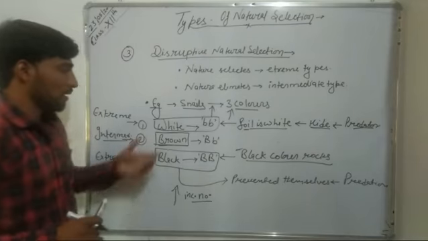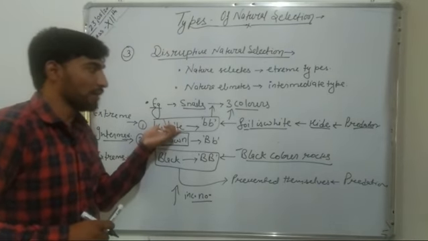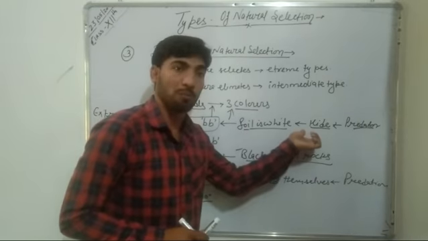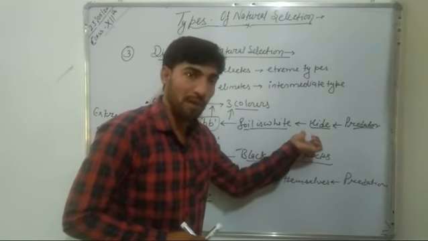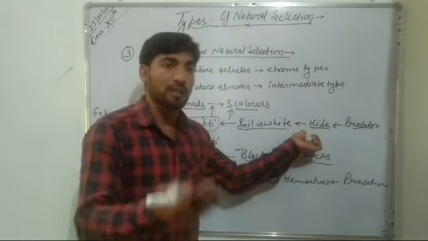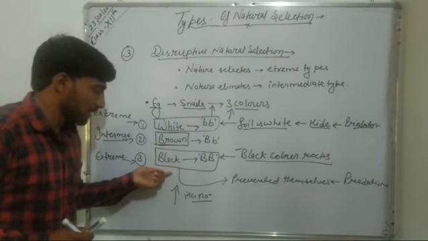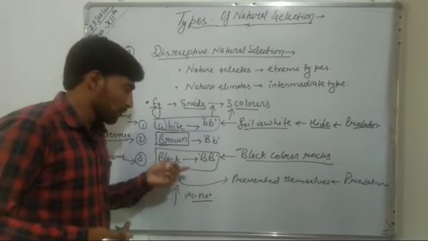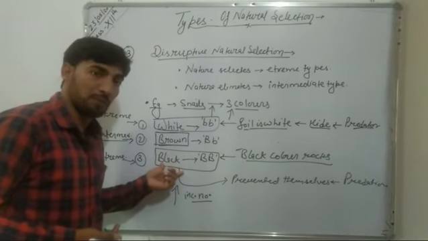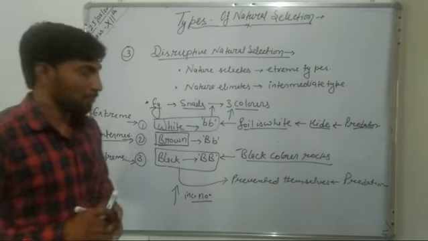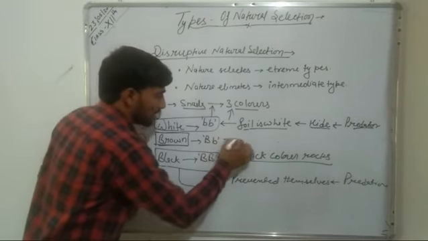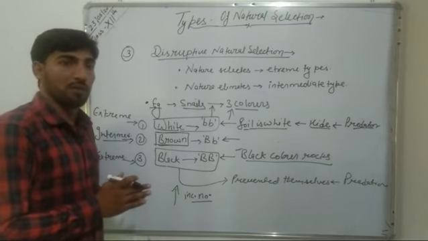So the white snails increased in number. Why? Because near oceans the soil is white. The white snails hid themselves or prevented themselves from predation, and they survived. Then they reproduced and increased their number. The next case: as we know, near oceans the rocks were found, and the rocks are black in color. So these black colored snails also prevented themselves from predation, and they survived, carried out reproduction and increased their number. So both of these increased in their number, but there is no brown colored component near oceans.